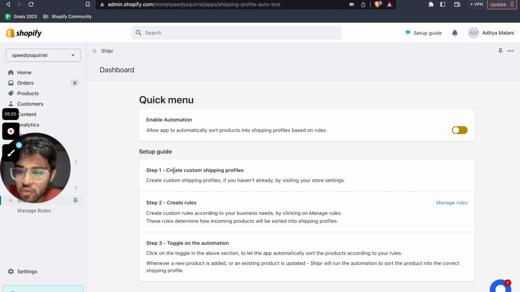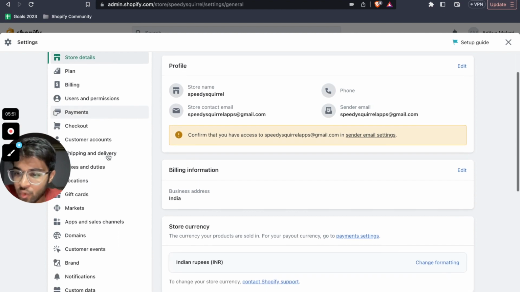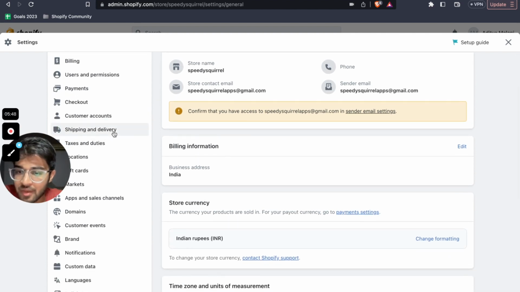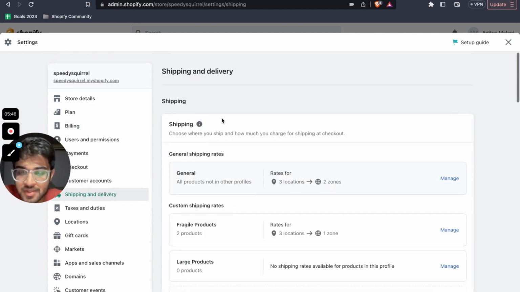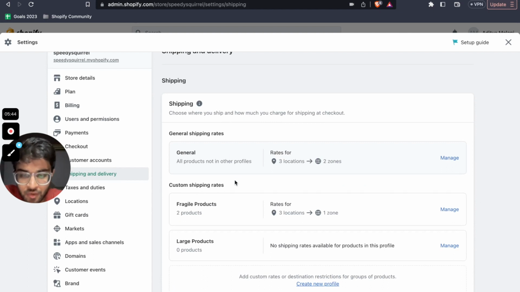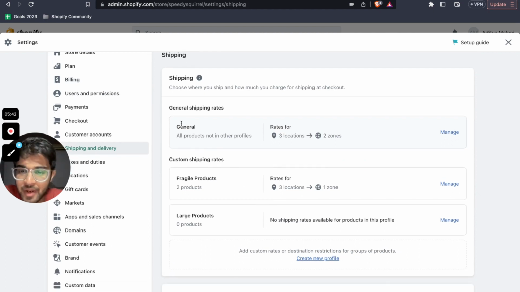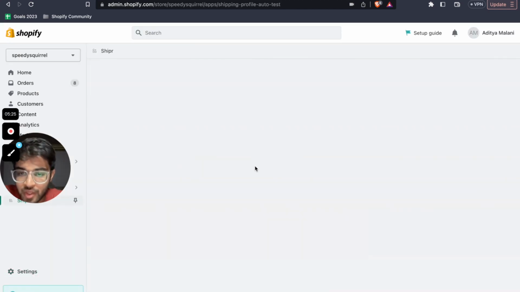For those of you who haven't, you can create custom shipping profiles by visiting the store settings, scrolling down a little to the shipping and delivery section, and basically this is where all of your shipping profiles are defined. By default, Shopify provides you with one shipping profile, which is the general one, but you can create your custom shipping profiles by clicking on this button. I have already created two shipping profiles which I'll be using in this demo, which is the fragile profile and the large products profile. So getting back to the app,